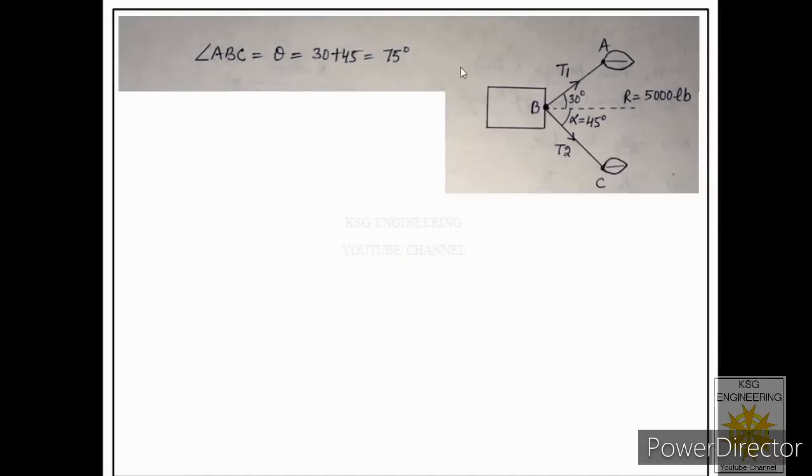Now we have to analyze this diagram carefully, and we have to find the force system acting in this problem. If you see carefully, you will find that tension T1 and tension T2 are acting at a common point and they are in the same plane. It means this is a coplanar concurrent force system.